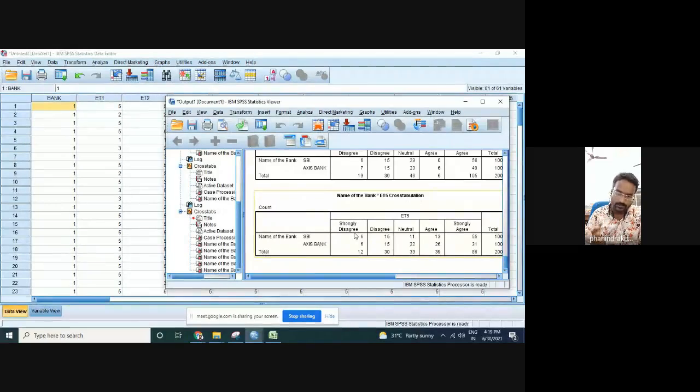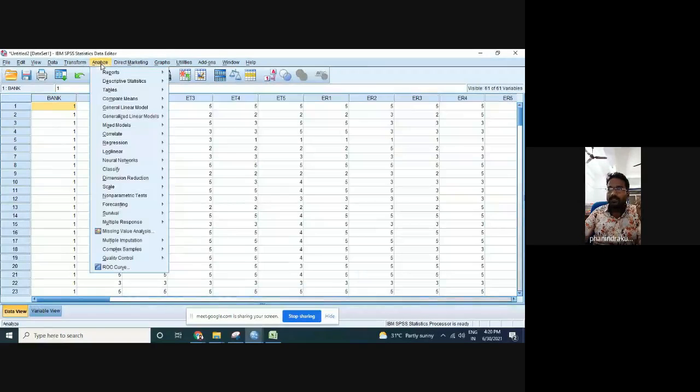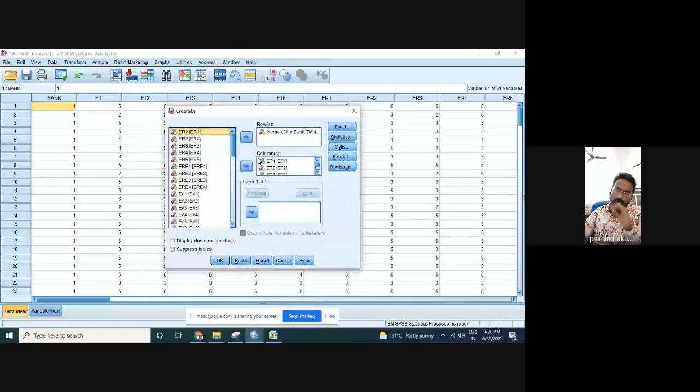You can go for 2-point, 3-point, 5-point, 7-point or 9-point. Even some people go for a 10-point rating scale, 1 to 10, ranking your order of preference from 1 to 10. Like this you can also go for the analysis. This is what we are going to do: in Analyze, Descriptive Statistics and Crosstabs. In Crosstabs we are going to do this.